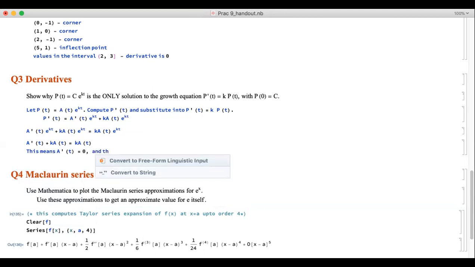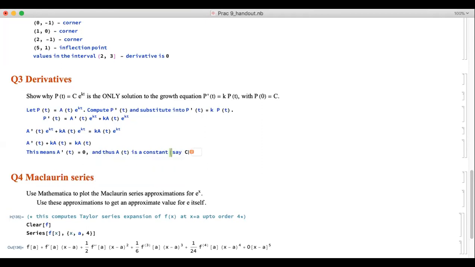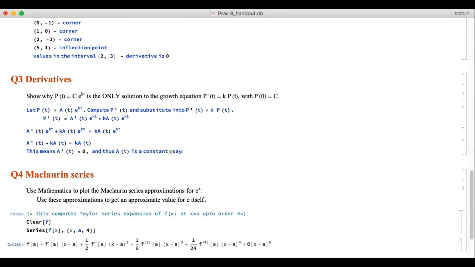And thus a(t) is a constant. Okay. Say C. Therefore, we have in this case P(t) equals